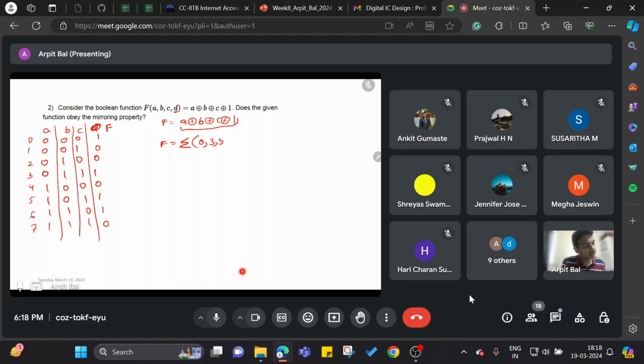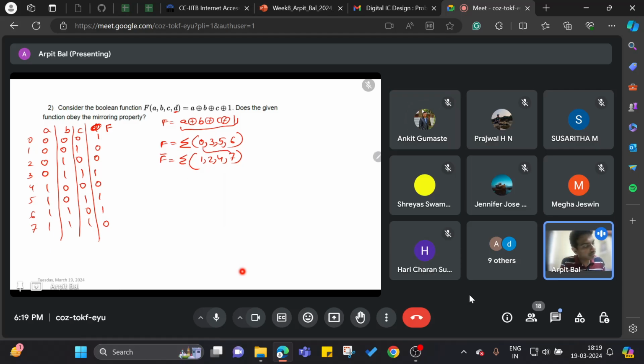Okay, 0, 3, 5, 6. So what will be the equation for f bar? 1, 2, 4, 7. Okay, can someone confirm if it obeys the mirroring property or not? Yes. Okay,